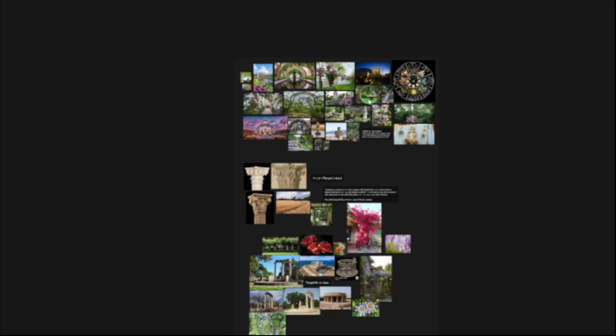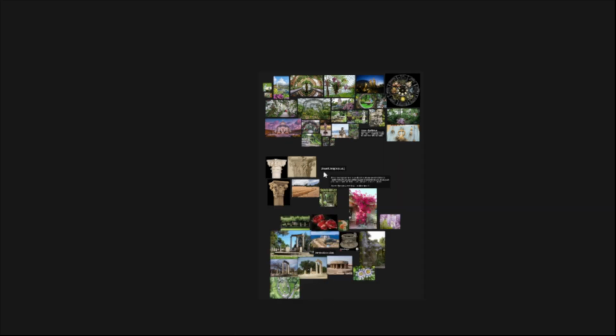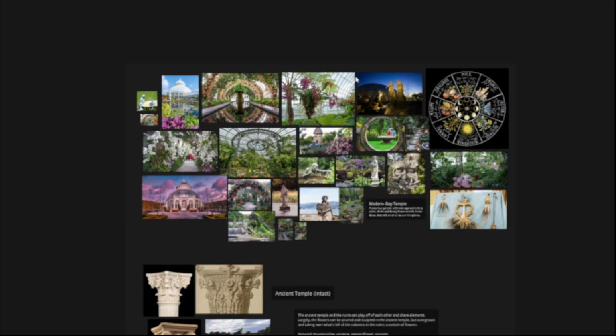You can see how many references I have for both the intact and ruin ancient stuff. But I also have a ton of stuff for the modern. And the modern is based on a botanical garden.